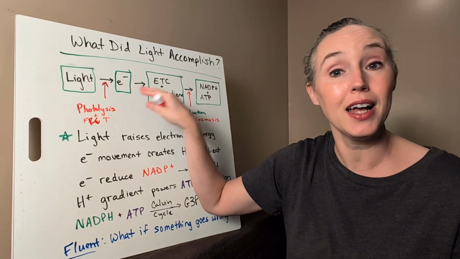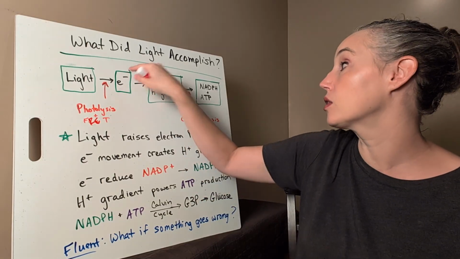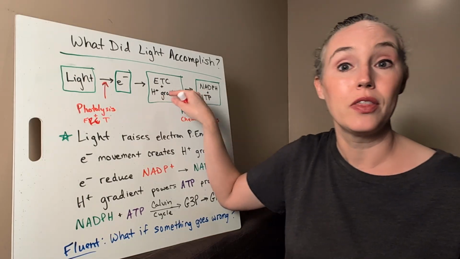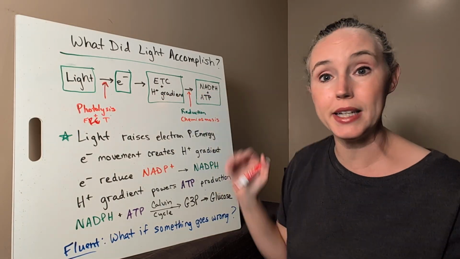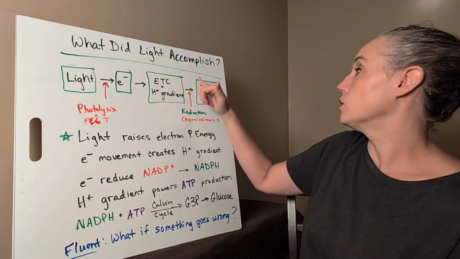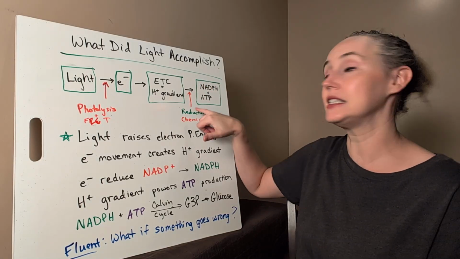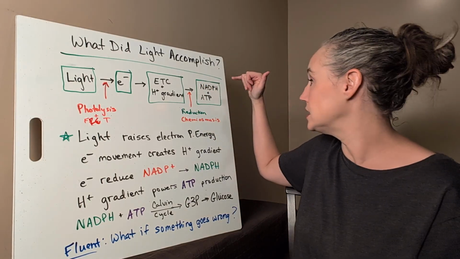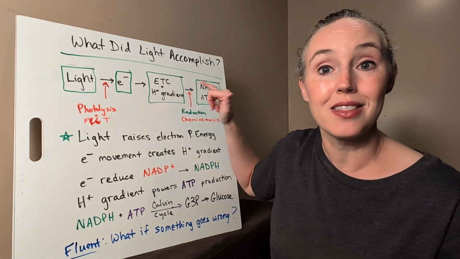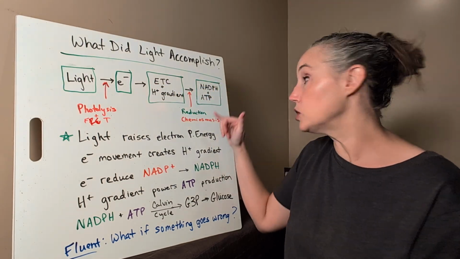Then these high potential energy electrons went through the electron transport chain, forming the proton gradient. Then we reduced NADP plus to NADPH, and the proton gradient gave us the potential energy for chemiosmosis that drove